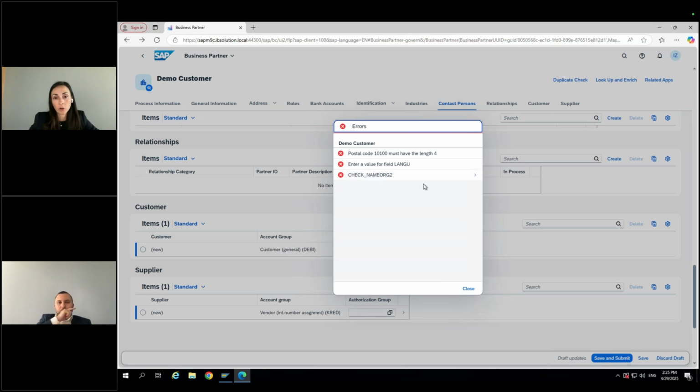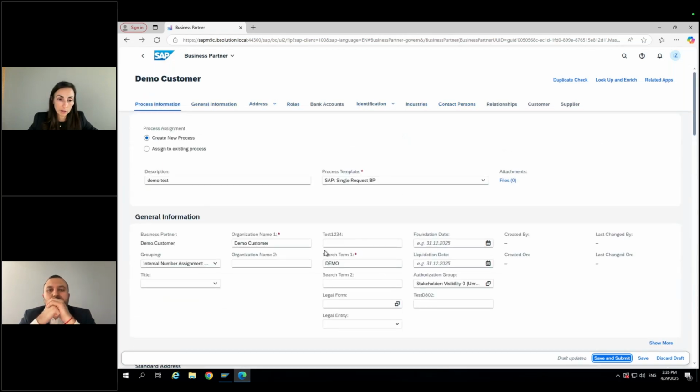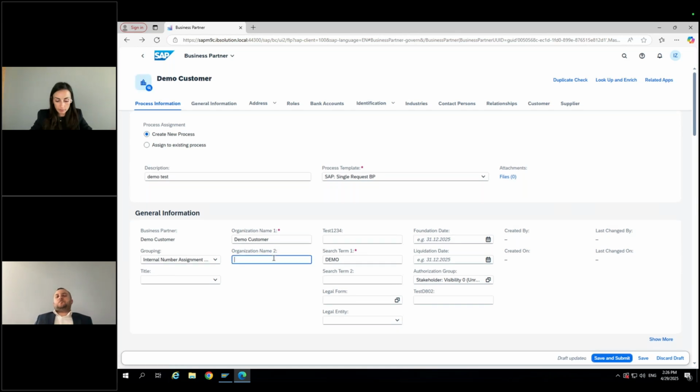SAP is in contact with us, and we know directly from them that they are working on a development of something similar to the classic world, which will allow us directly from this pop-up screen to go to the messages, but that is expected with the next release, or if not, with one for sure by the end of this year. And that should help the users, of course, a lot, because otherwise every time they have to go back to screens and maintain the data which is missing.